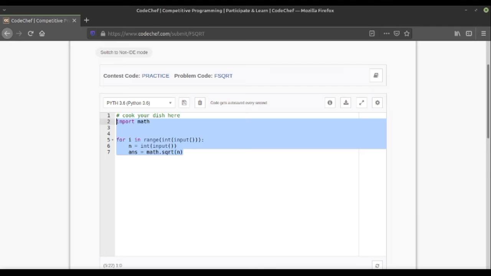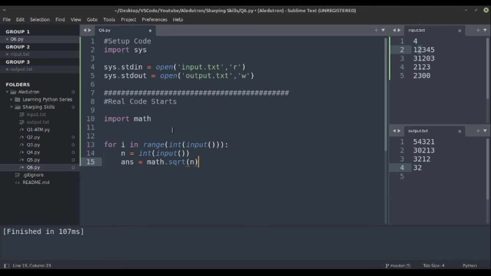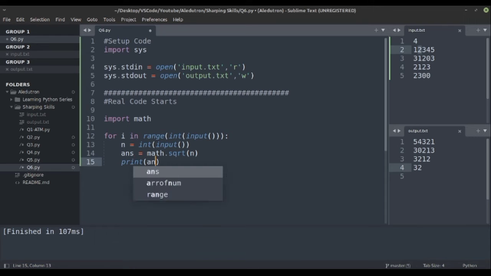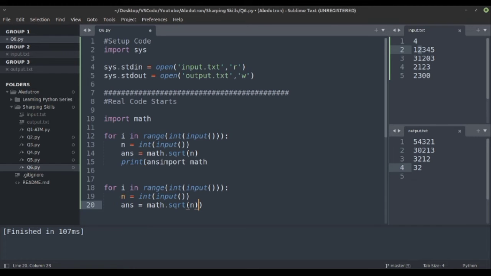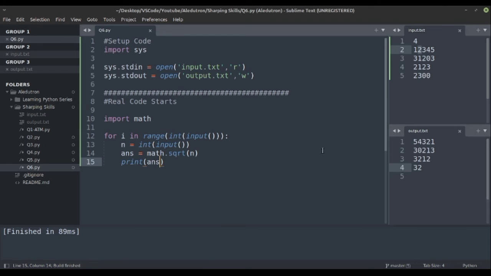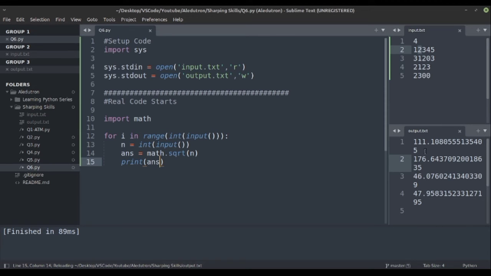So we have to import math, and then n is input, answer equal to math.sqrt(n). Let's print this answer and see what we get. Let's run this and you will get 11.0.